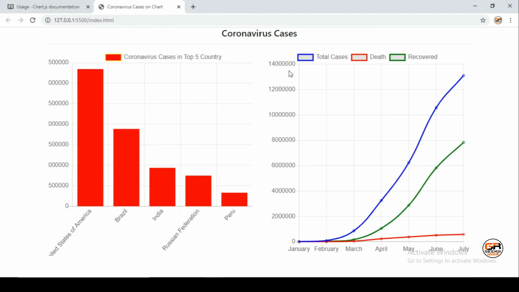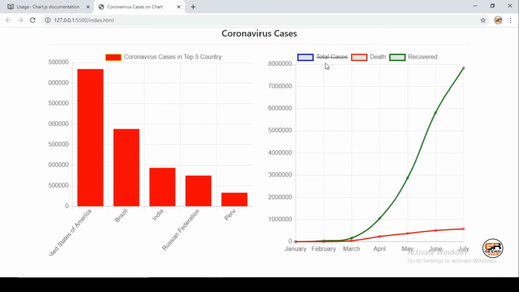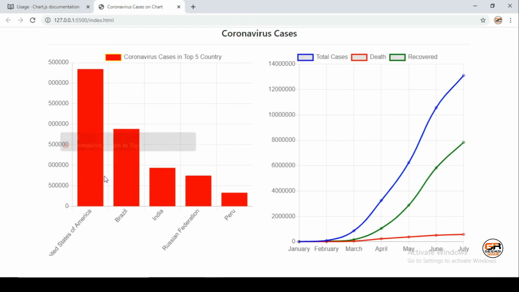You can choose any font family and font size, and it will apply as you can see here. Even though this graph and this graph are from two different scripts, the global keys are working for both. Both charts have changed font size and font family.